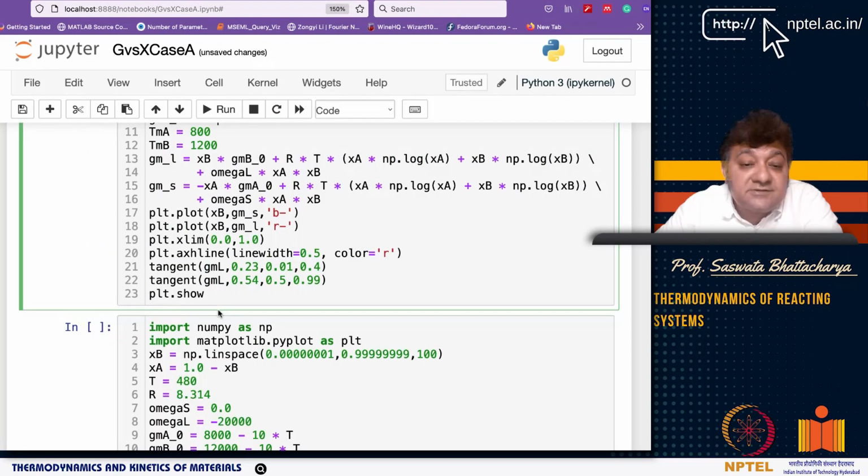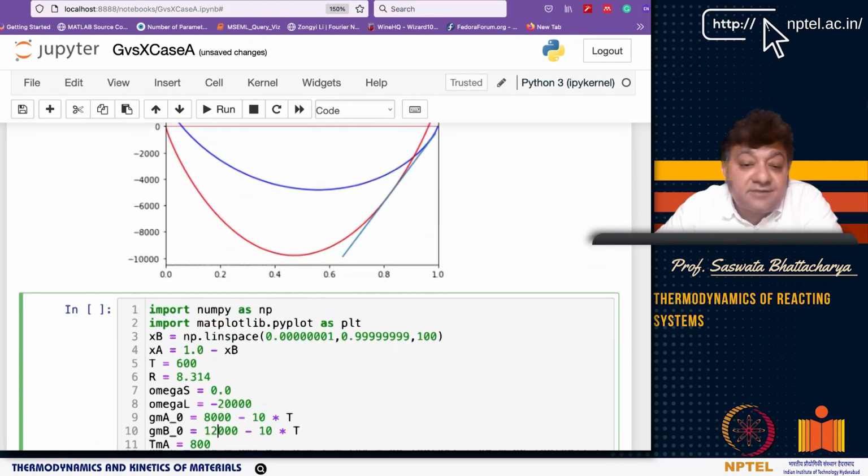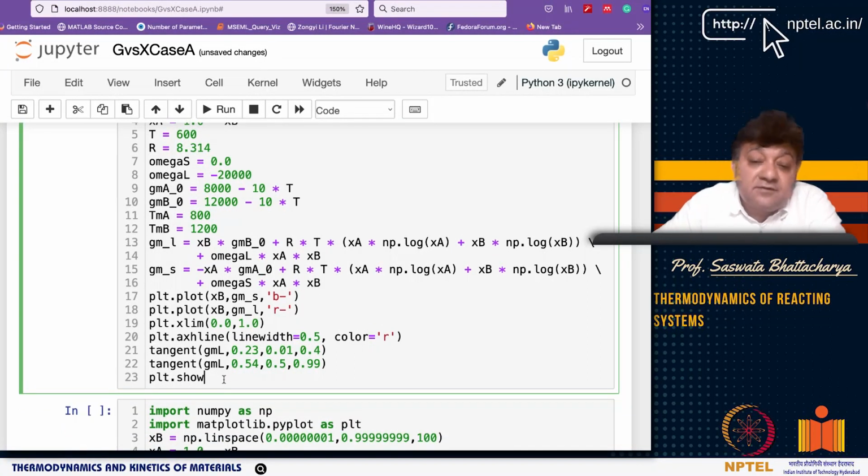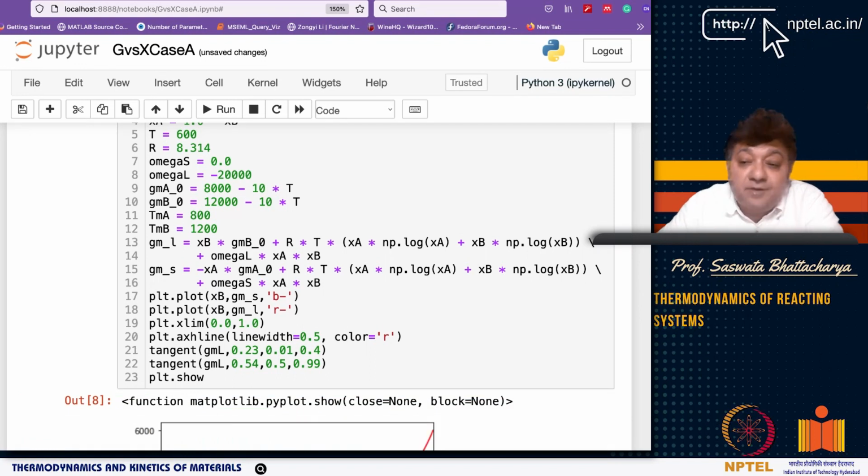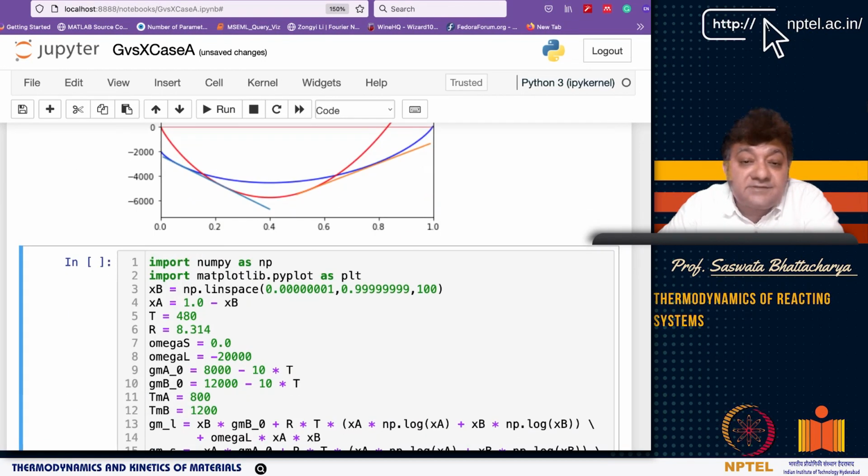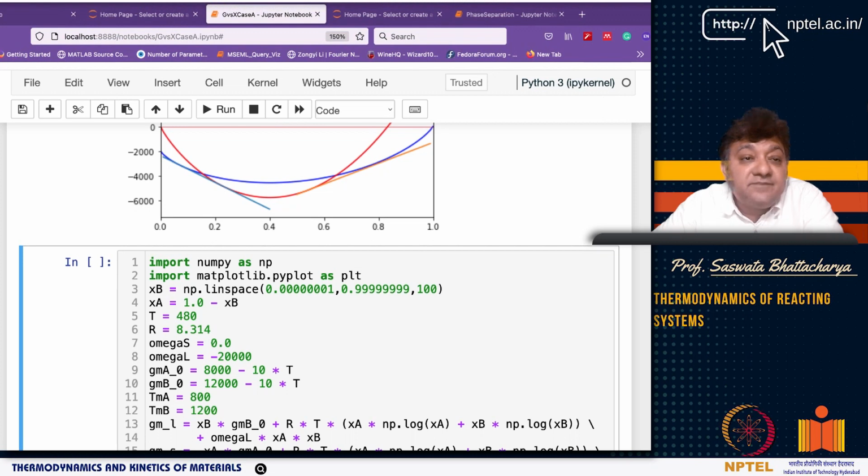Now I go to temperature 600, where you saw two-phase coexistence on either side, right? On the A-rich side as well as on the B-rich side, and I plot them together. And I get this, right? I get this. So if you look at that,